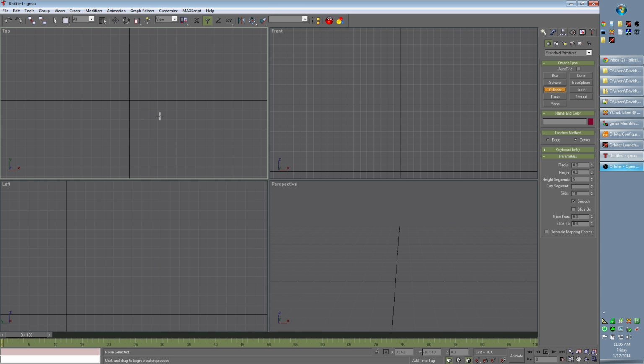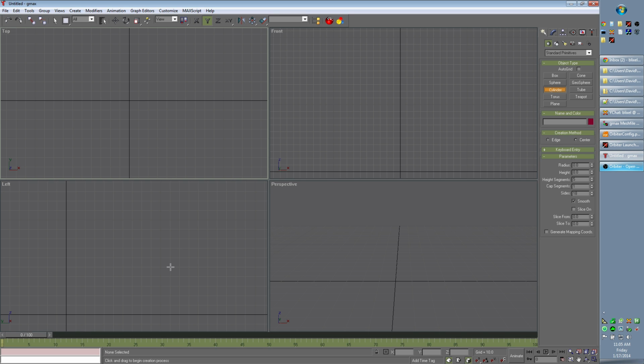This view is from the top, so it's like if you're standing on top of a building and looking straight down at your rocket, this is what it would look like from the very top. This view is what it would look like from the front. So if you were looking at the front of a car, you would see its headlights, you would see the front windshield, and so on. And then this is the left side perspective. So if you were standing on the right side of a car and looking at its left side,